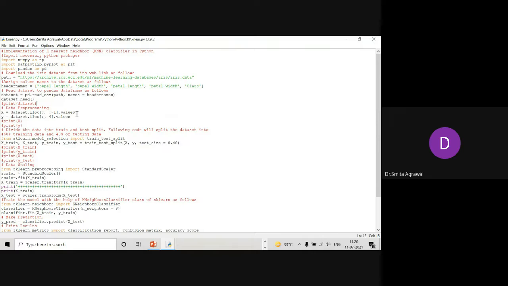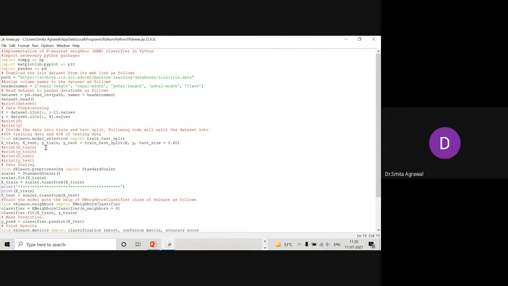In the next step, from sklearn.model_selection we import train_test_split. The train_test_split is used to split the data set into a training data set and a testing data set.